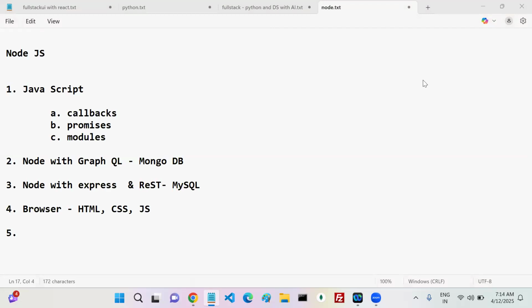Each and every browser has the scope to run JavaScript, HTML, and CSS. But outside, if you want to run, a particular environment is required or not. That environment we can create by using Node.js. Remaining all are general JavaScript related stuff, only different modules. By using Express, we can create REST APIs. By using GraphQL, we create GraphQL endpoints. All are JavaScript related only.